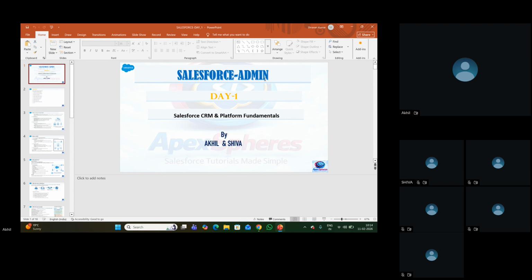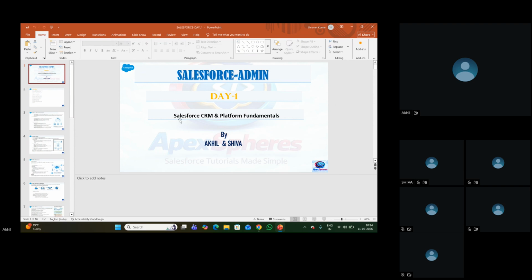Salesforce admin and development, and the other one is LWC. But we'll start with Salesforce admin first. Admin takes around 1 month, and development takes around 1 month, and LWC takes around 15 days. So the course would be 2 months to 2.5 months, based on everyone's availability and based on our feasibility. So that's how it is.